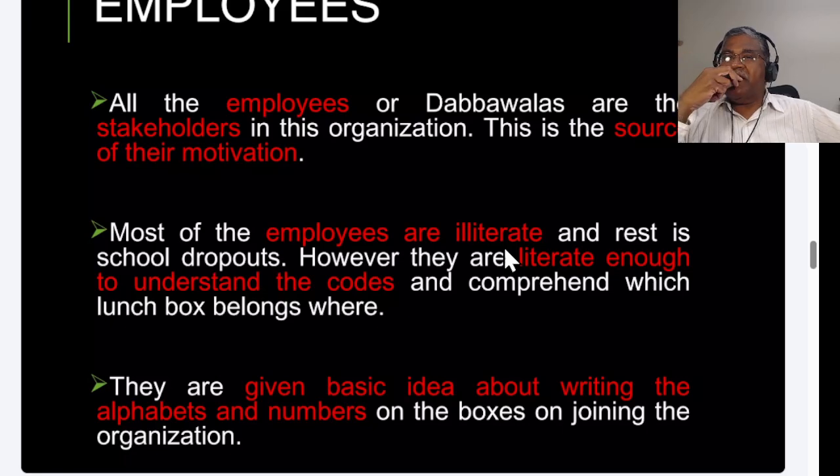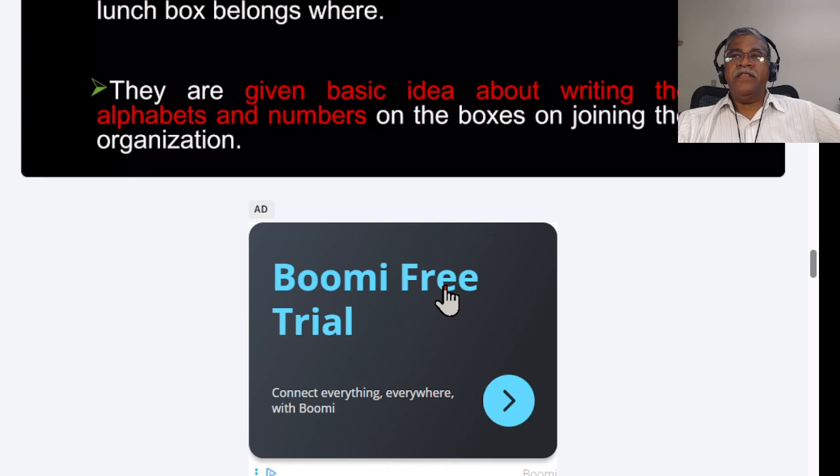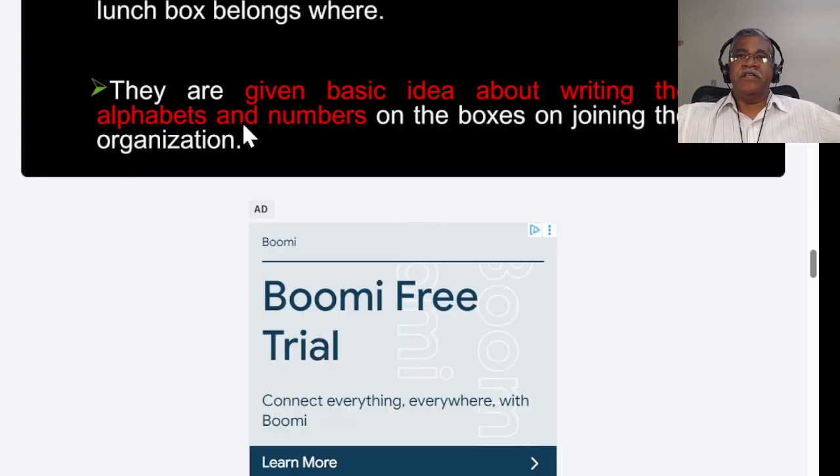Sometimes you might have 10 different buildings, and there's only one guy who's responsible for that area. So that guy goes up and down picking up these lunch boxes. They're employees, school illiterate, but all they have to know is the code. And if one person is to pick up 20 buildings and then move it to a particular collection point, that's their job. Very, very repeated. The next person takes a collection point to the aggregation point, that's repeated.